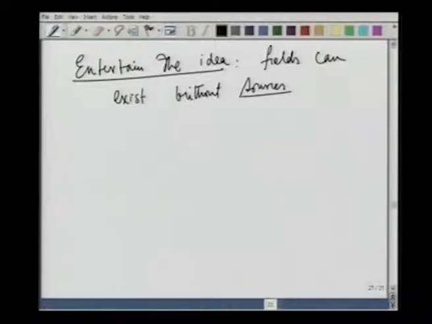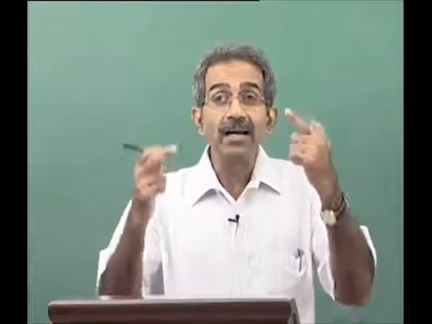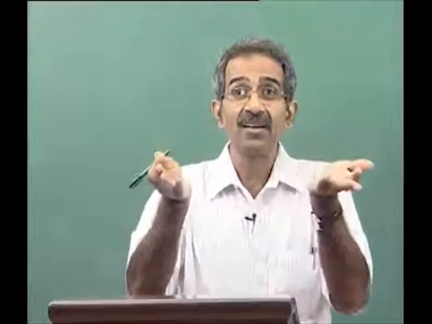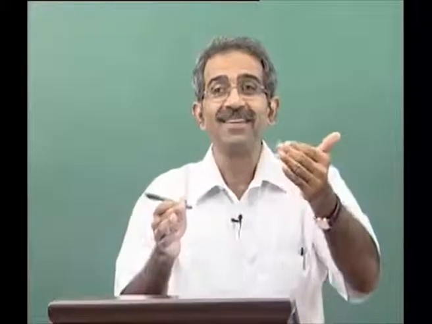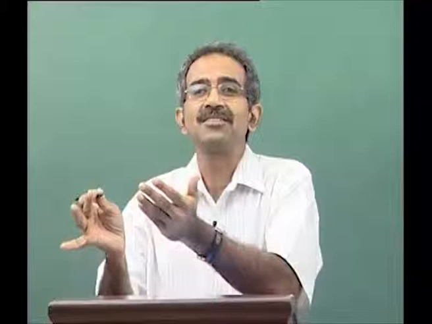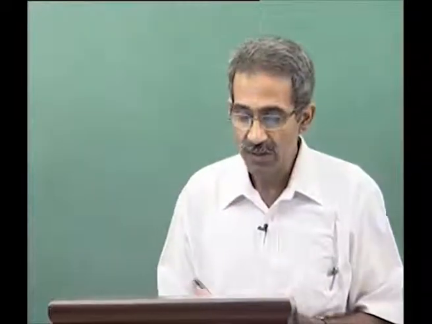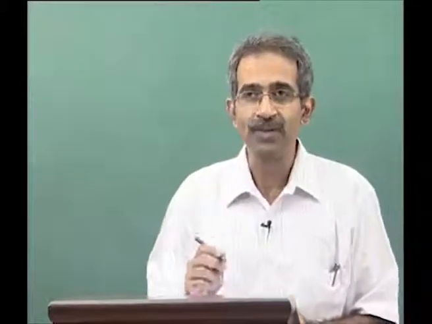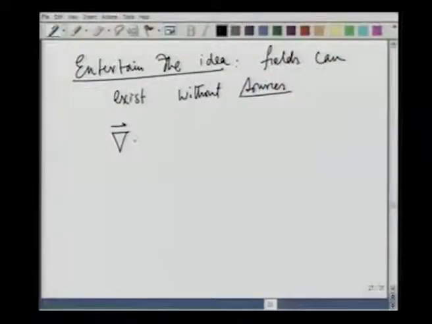Material sources. So, this W is not visible. So, let me write it again, without sources. In other words, although I derived my equations by looking at charges and currents, now I raise my equations to a higher pedestal and ask whether these equations make sense even when there are no material charges and currents. Is that part okay? So, we are going to write Maxwell's equations in the absence of sources. By source I mean charges and currents. If I did that, I will get a remarkable set of equations.